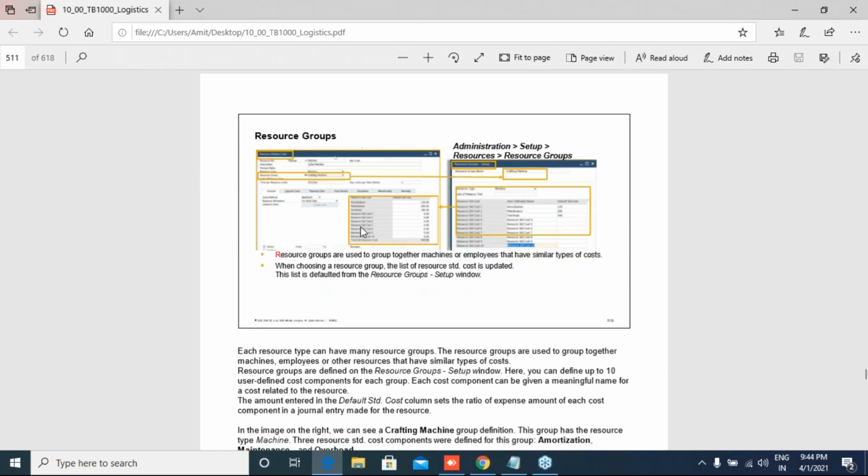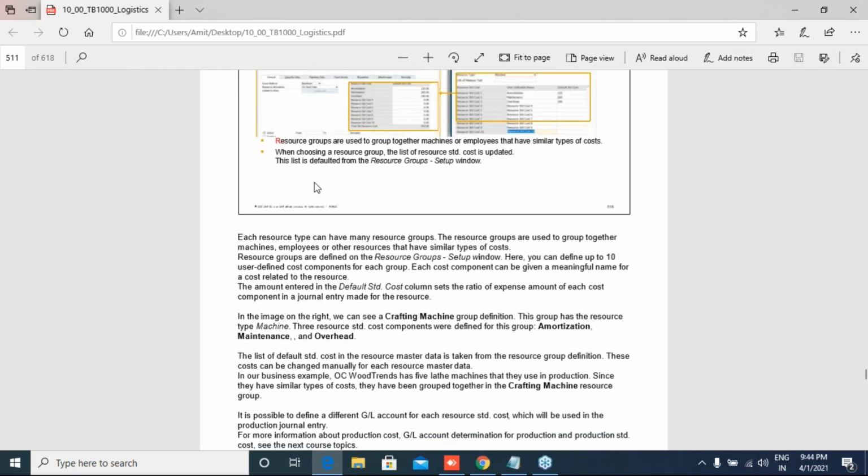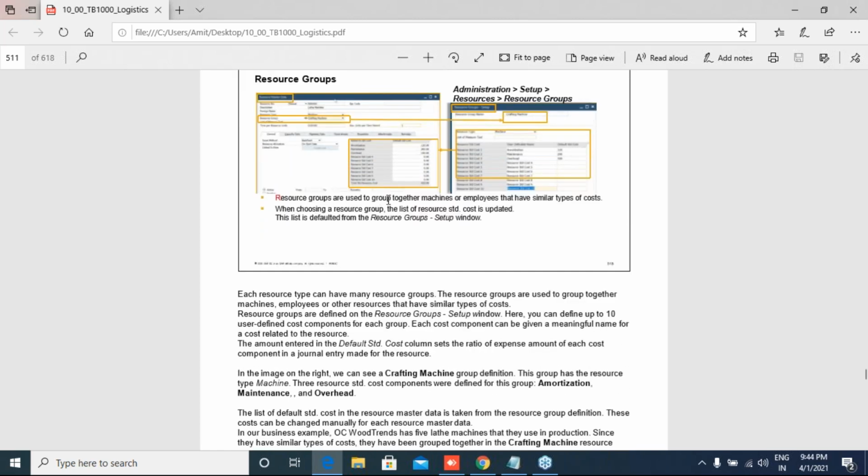After that, this is the resource group. I have highlighted the bold fields, which are mandatory to define a resource in the resource master data. The resource groups are used to group together machines or employees that have a similar type of cost. When choosing a resource group, the list of resource standard costs is updated.